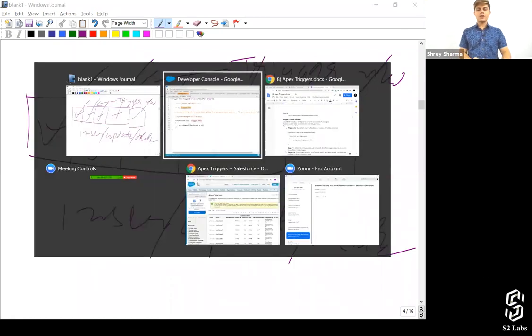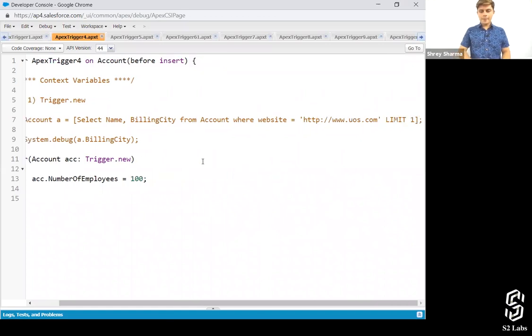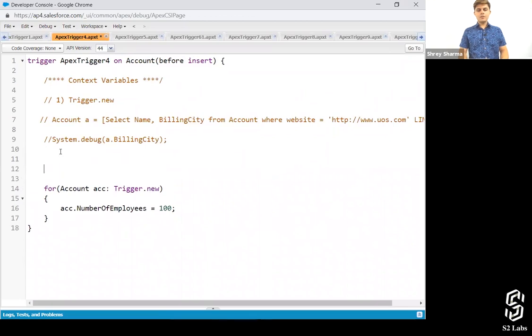Okay, let's have a look at this particular program to understand it a bit further. Over here I've written down code for trigger.new. Whenever a record is getting inserted, I want to access that record.